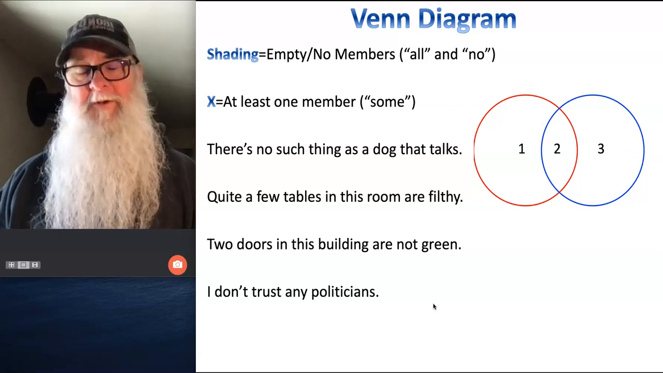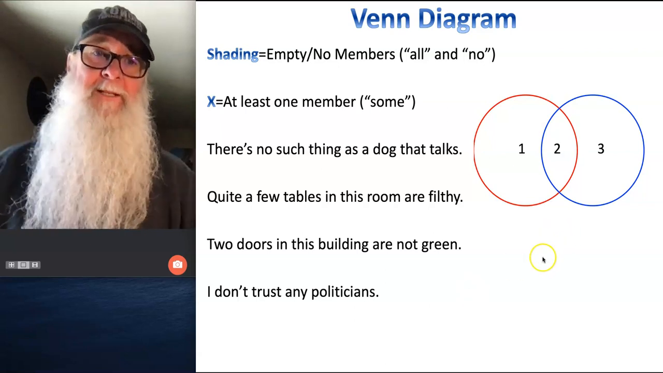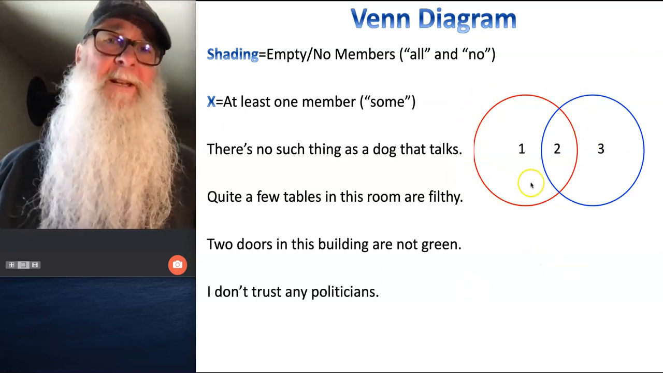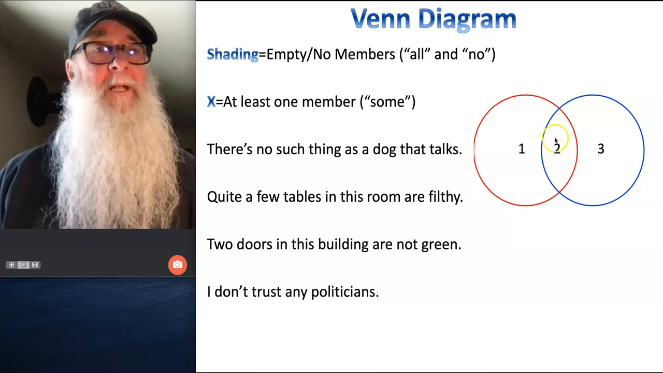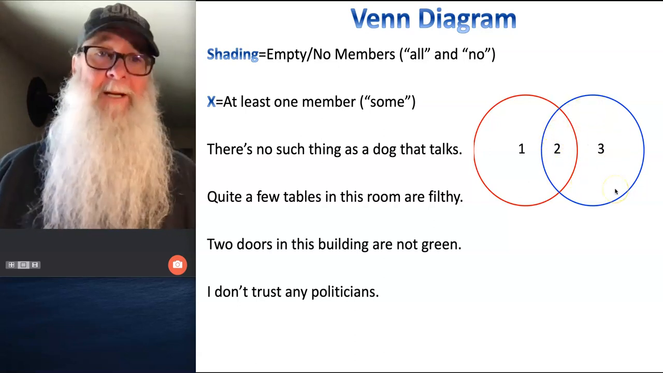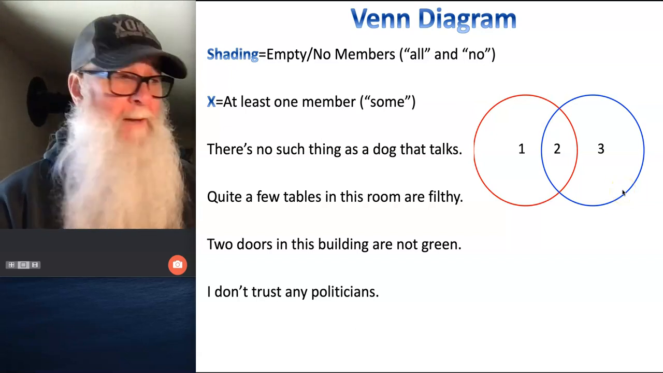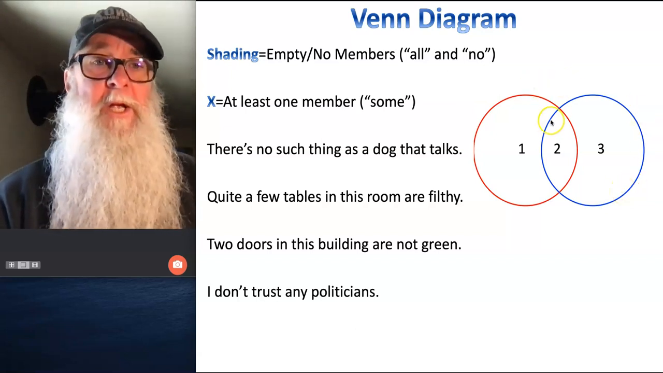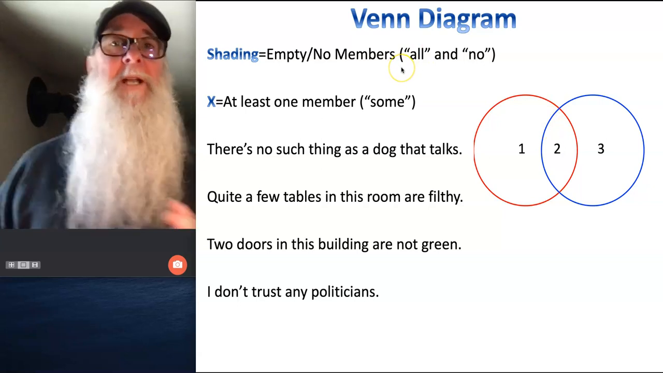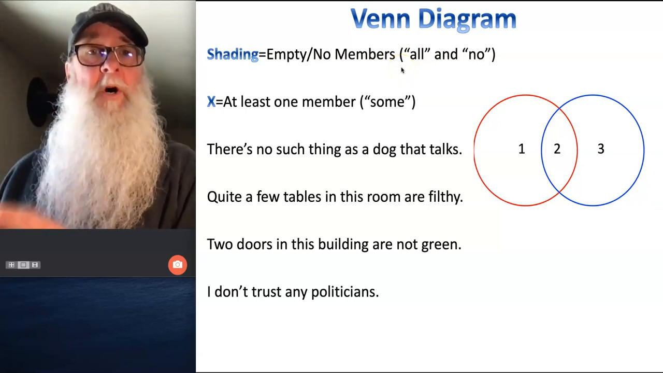statement, and then you can create a Venn diagram to represent that statement, remembering that the left-hand circle of your Venn diagram is going to represent your subject term, the right-hand circle is going to represent your predicate term, and you're going to mark as follows. If you want to show that an area of your Venn diagram is empty, that there's nothing there, you're going to do some shading. So if you're trying to illustrate a statement that begins with the word all or no,